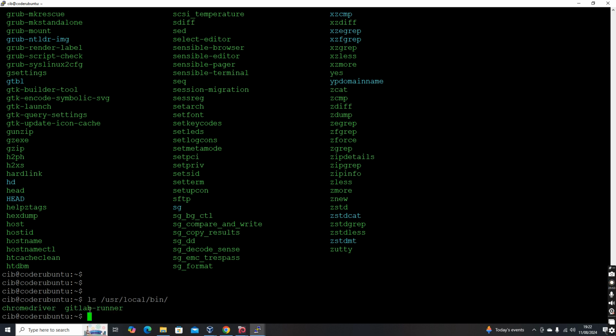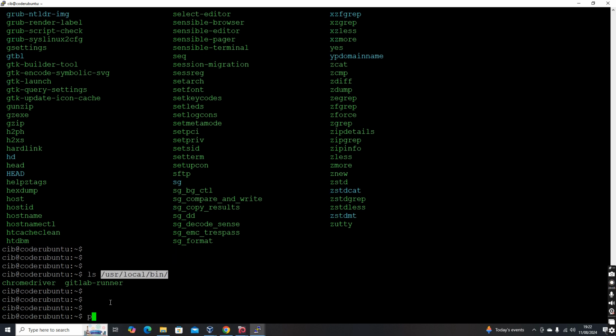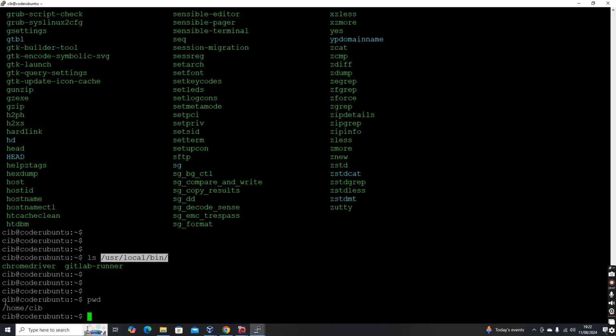These are two things which I installed on this machine, which were not available in the raw operating system. For chromedriver, we don't need to give the full path of usr/local/bin/chromedriver. pwd is the command for printing the present working directory. I am in /home/cib, as I logged in as cib.